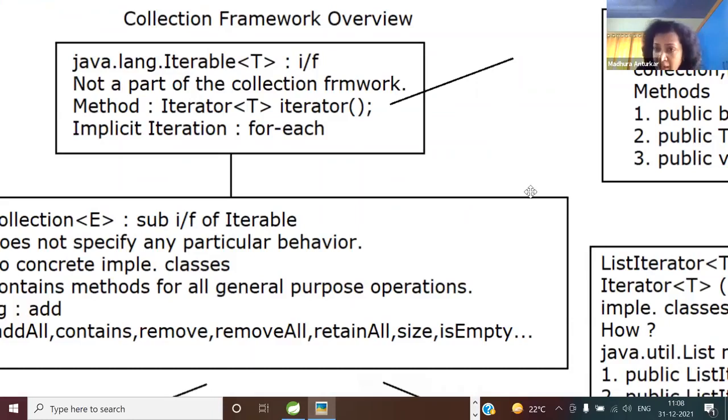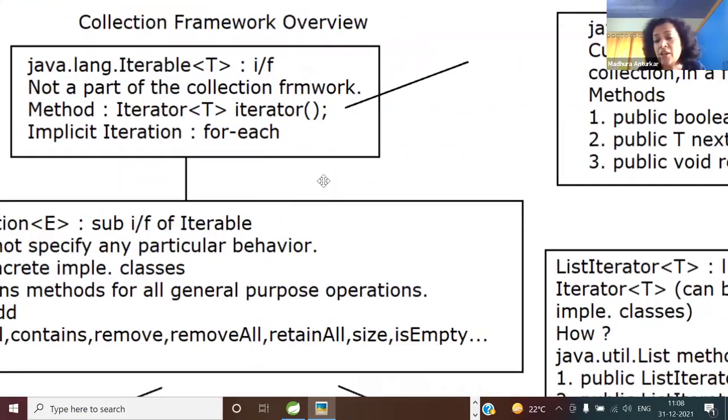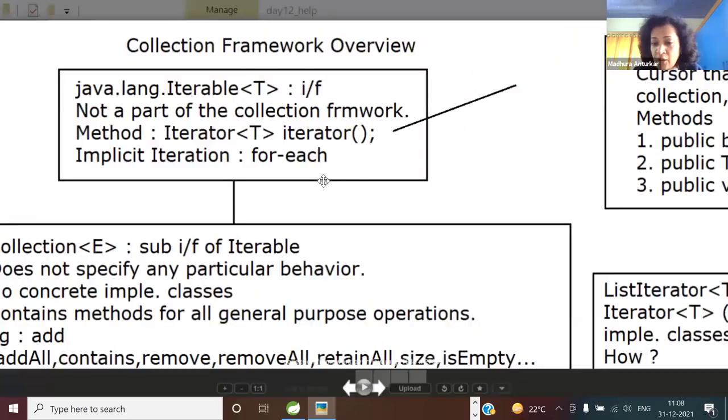But instead of attaching the explicit iterator and going through it, will you be able to attach it implicitly using for-each? 100% yes. Are you understanding? So the point I'm trying to revise is, any class which has implemented the iterable interface, will you be able to attach for-each for its iteration to traverse over the elements? Yes or no? Answer is 100% yes. So that is why understanding iterable right at the top of the hierarchy is important.